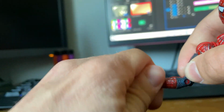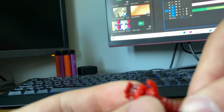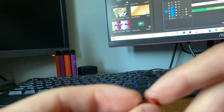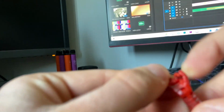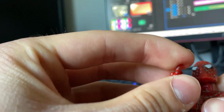He also does have that wrist rotation. He does have the flick of the wrist action. And he also has got individual articulation in the fingers, which is just absolutely incredible. Individual articulation in the fingers is something truly rare to see on Spider-Man figures these days. And I don't know why, personally, Hasbro doesn't go back to this. Probably so you can't do shit like this. But